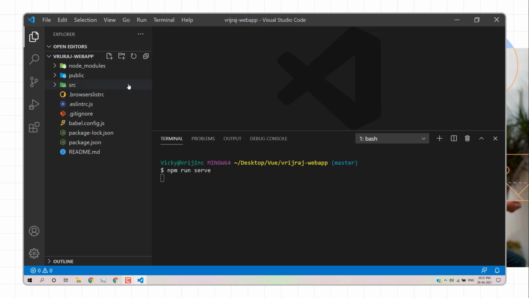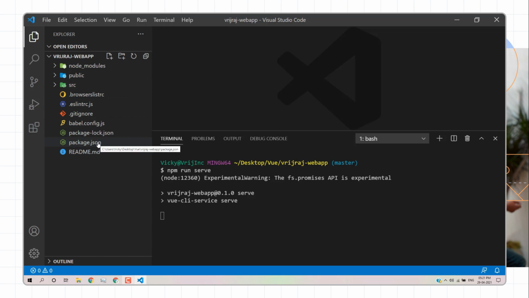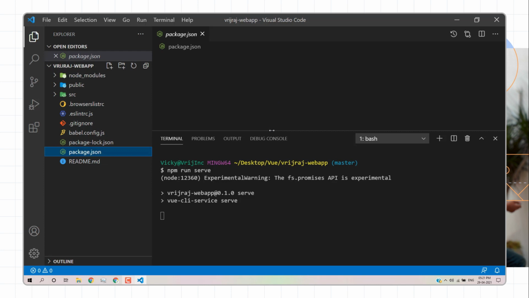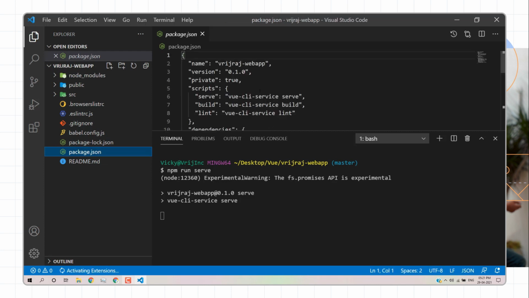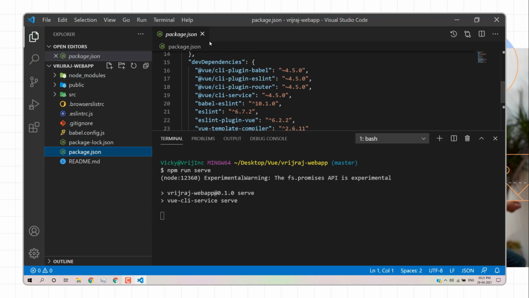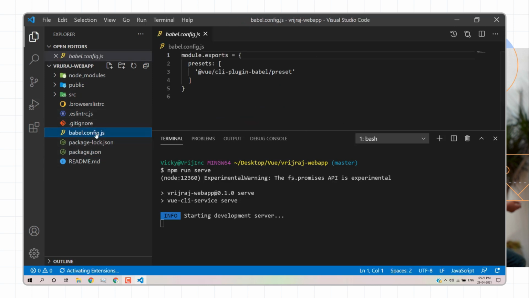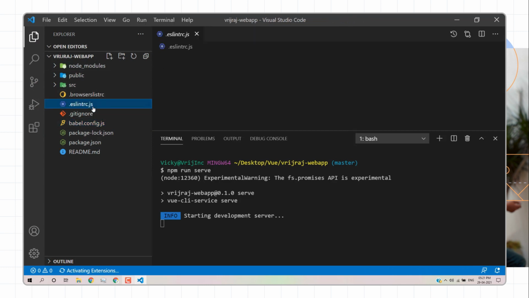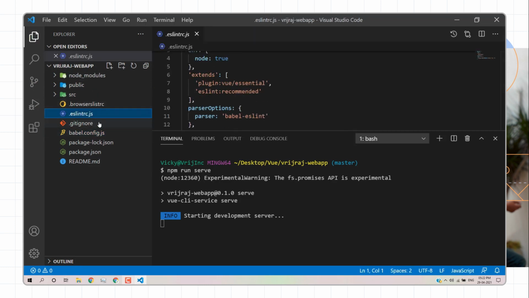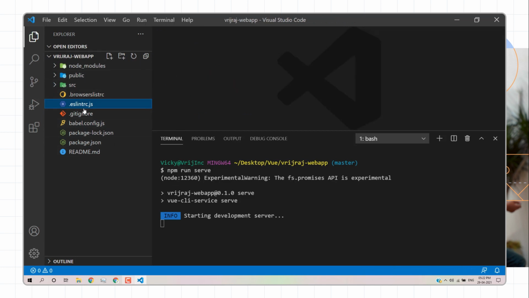As I mentioned, this one is the readme file we will use for GitHub. Second, we have the package.json file, where we can mention the dependencies. We have a dependency and a dev dependency, which we discussed in the previous video. Then we have a separate file for Babel, and then an ESLint configuration file. As I mentioned, we created a separate configuration for ESLint, so that's why we have written it.